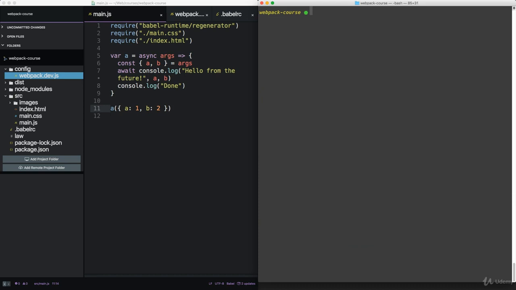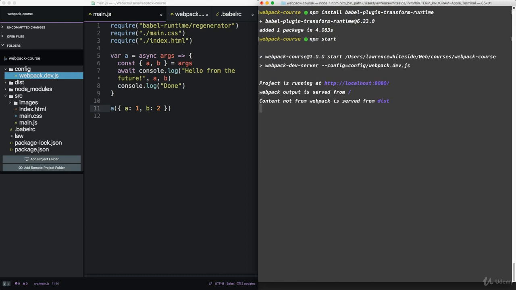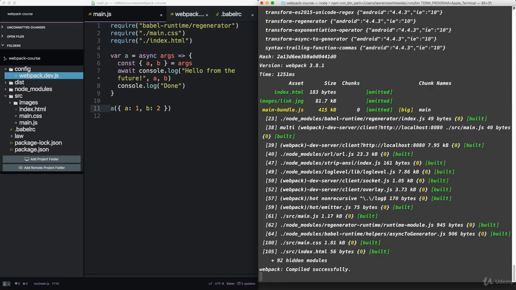Lastly, let's add the package. npm install Babel plugin transform runtime. Now let's start our server again. Now let's see what this becomes. If we npm run build,